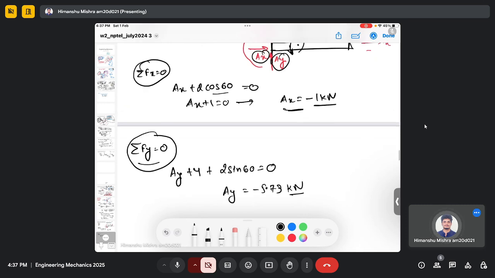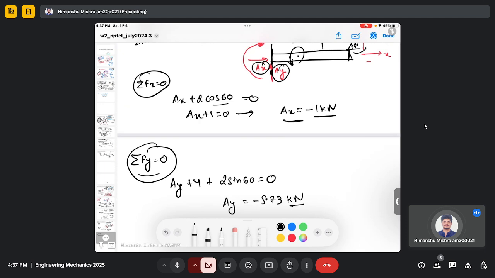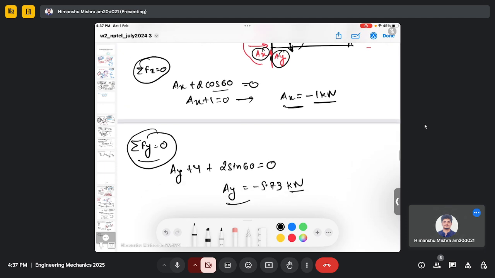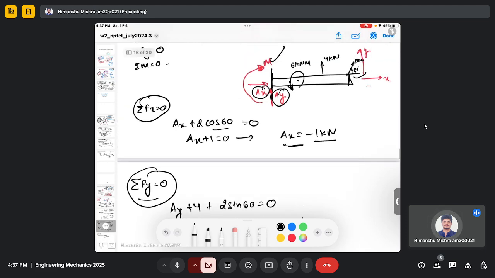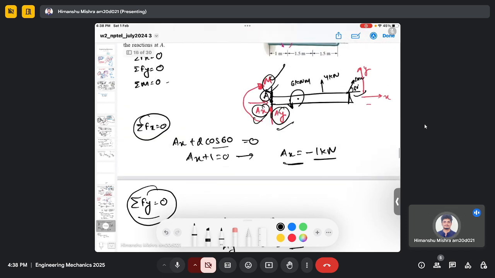So again, just by solving the equilibrium equation in the y direction, summation of force in the y direction, we got the answer. So we have calculated Ax and Ay. Now let's calculate this unknown reactive moment. So this is point A, and if I take the moment at point A due to all the forces, first we need to determine the perpendicular distances. So for the 4 kilonewton force it will be this,